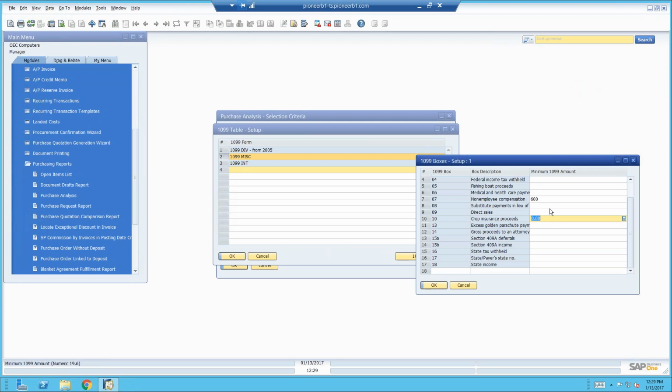Some people just report everything and let the powers that be sort it out. But I don't bother doing below 600, because you don't legally have to. And I only buy a minimum amount of forms, so why bother? But this is where you would do it in the 1099 setup table. And then